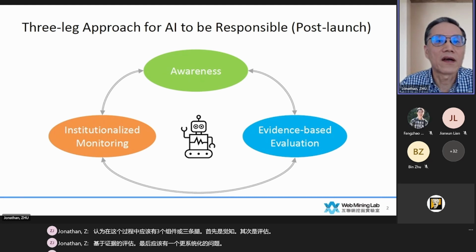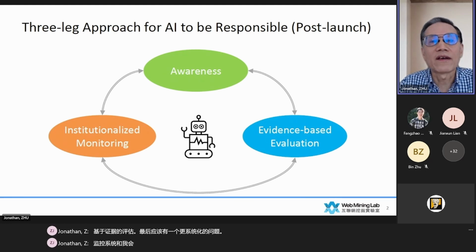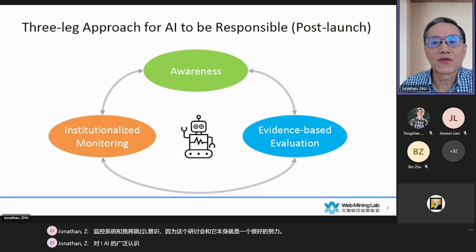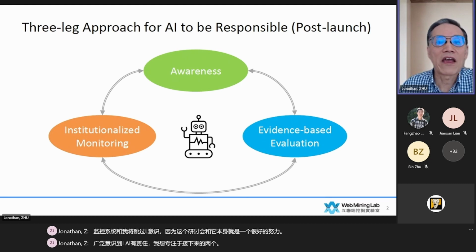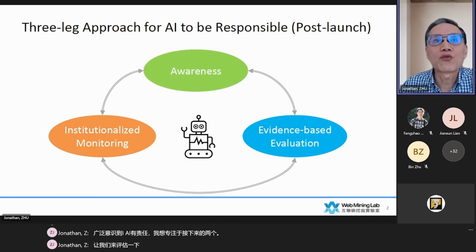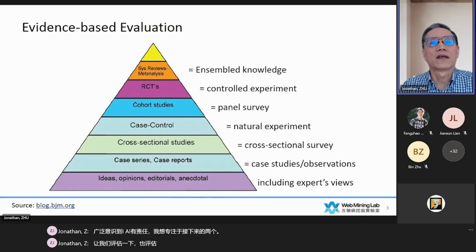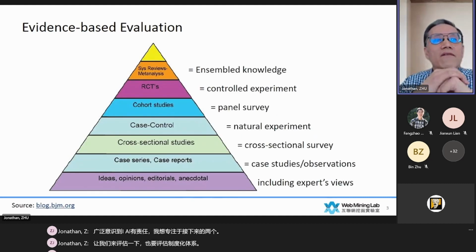And I'll skip over awareness because this seminar itself is a good effort to raise widespread awareness of AI to be responsible. And I would like to focus on the next two legs, evaluation and also the institutionalized system. Now, this evaluation, evidence-based evaluation